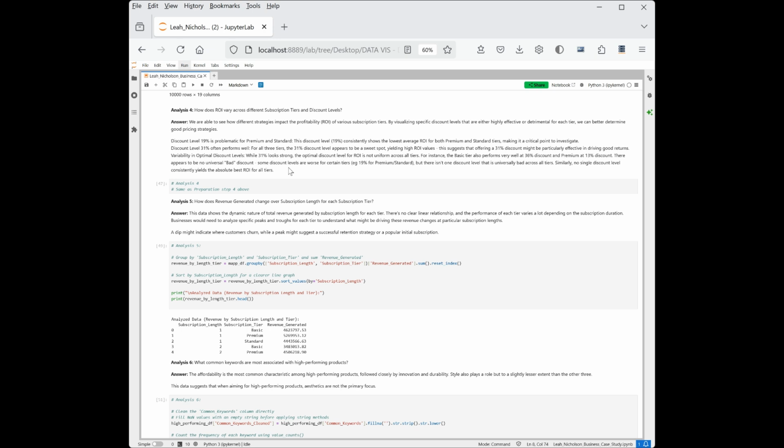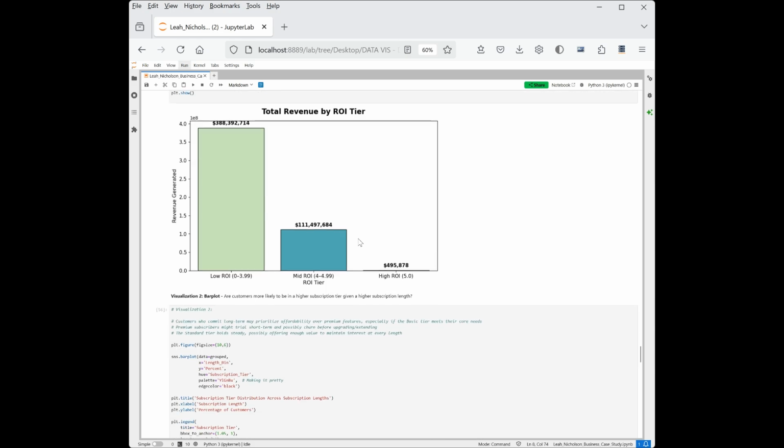There was not really an optimal discount level. The return on investment was not uniform across all the tiers. So for example, the basic tier also performed pretty well at 36% and the premium at 13%, but there doesn't really appear to be a universally bad discount. Some discounts were worse for certain tiers, but there wasn't really one discount level that is universally bad across all of them. So to take a look at what this looks like, for question 4,